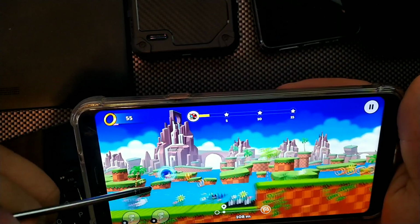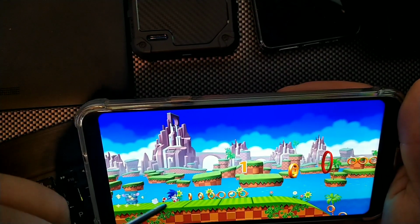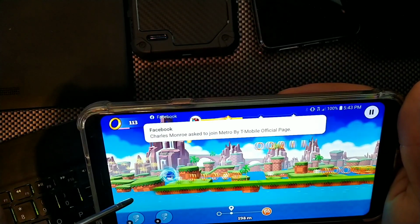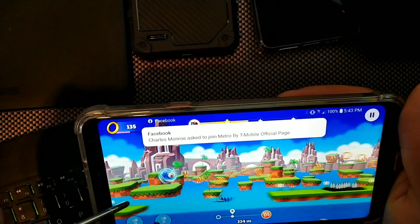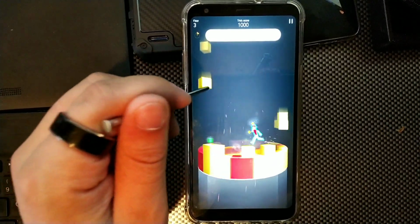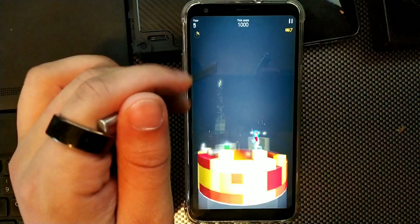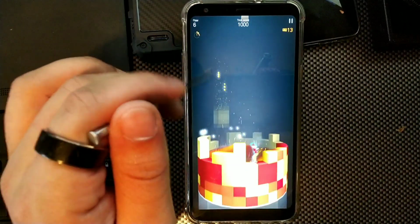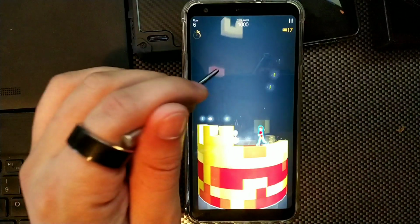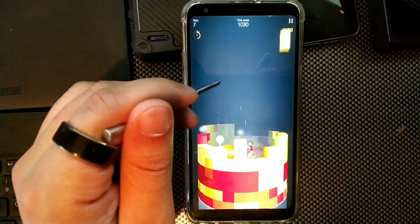the pen is actually really cool because it's going to give you that extra precision when you're looking on the screen and you want to hit a certain object. It's going to add a bit of efficiency in a way. So this could be one of the reasons why you would use the pen feature as well. If you like gaming and you're someone who likes to have the option to touch the screen way easier than you would with your fingertip, because this pen stylus is going to offer much more usability for somebody who just wants access to everything with the touch of a stylus,